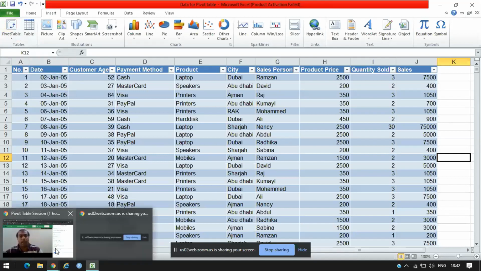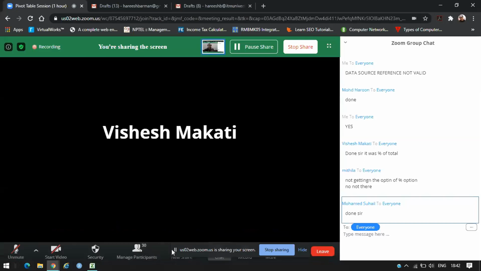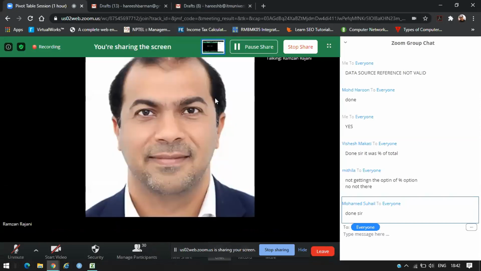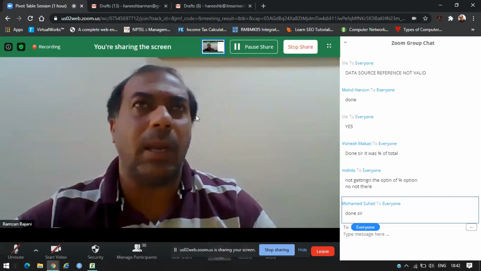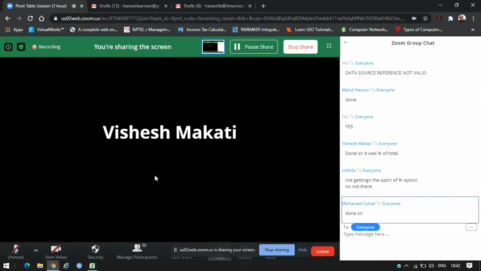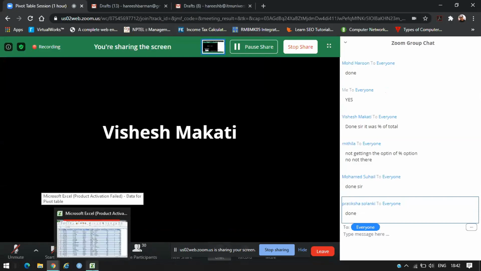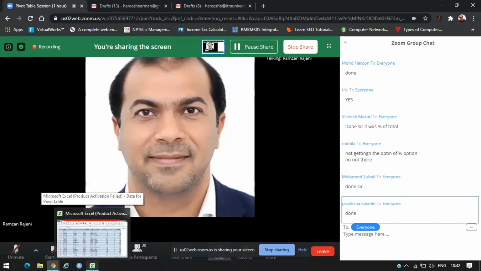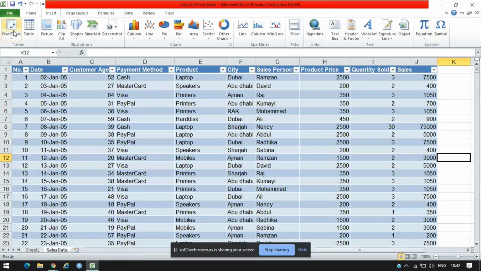Sir, it shows percentage of total. If you are in the older version of Excel, if you go down, it will show percentage of total. It is not showing grand total or anything else. Okay, no problem. Take percentage of total. It will come. I was telling this for others who could not find grand total. Good, so he is right, friends. You might not see grand total. You will see percentage of total.